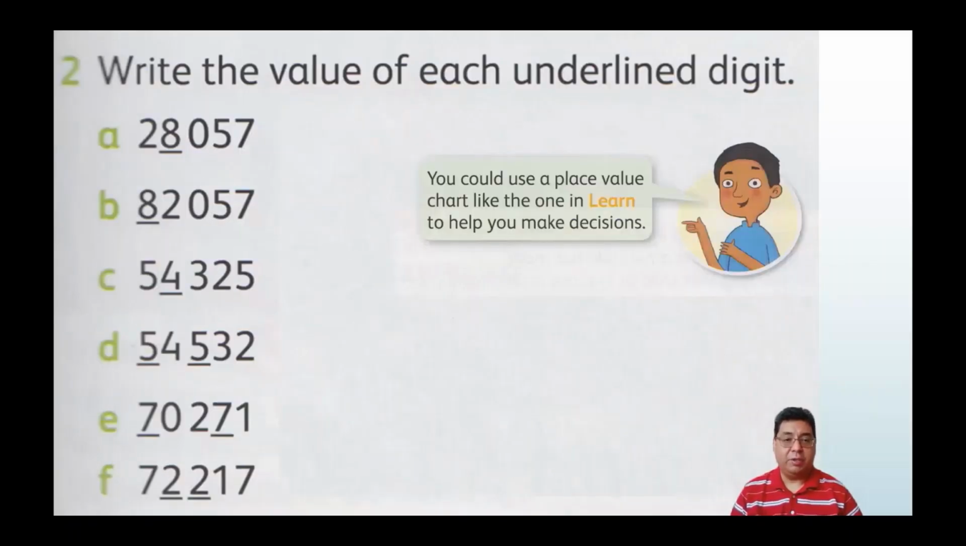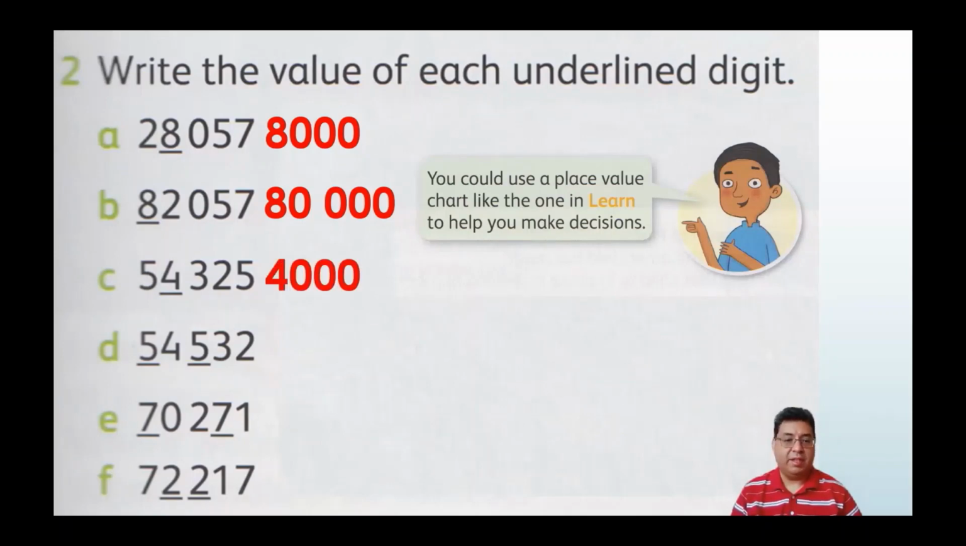So here you're just going to identify the value of the numeral that's underlined here. Okay, so for letter A, that number would be written as 8,000. For letter B, that number would be written as 80,000. For letter C, that number would be written as 4,000. For letter D, now there's 2 of them here, and in fact for D, E, and F, there are 2 numbers underlined, so make sure you write both, please. You would write them as